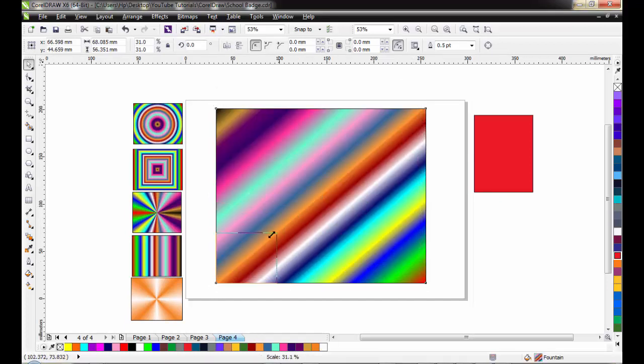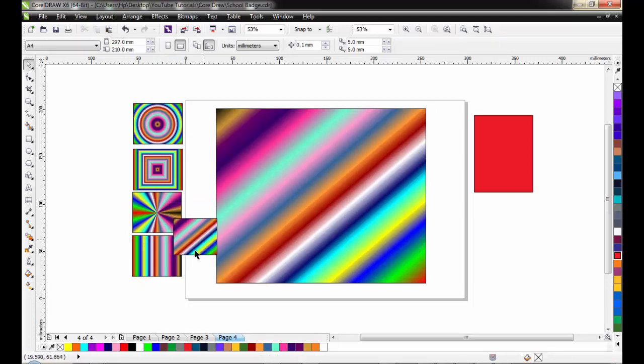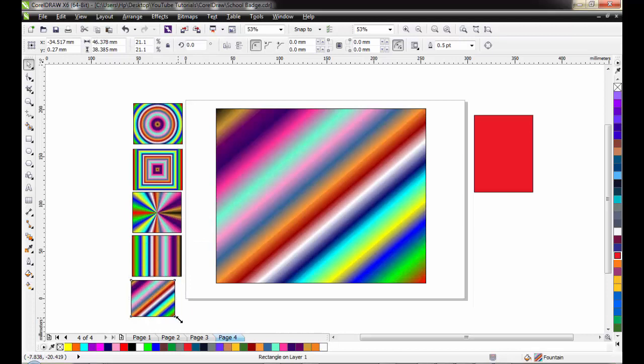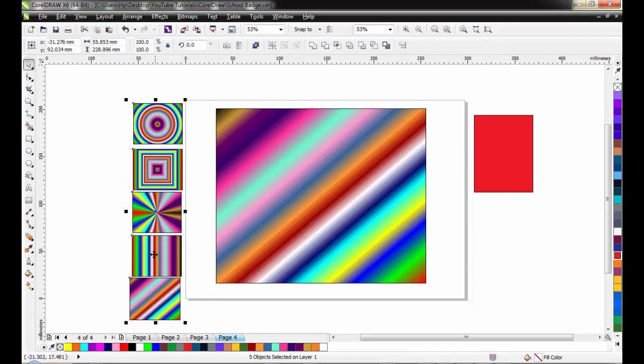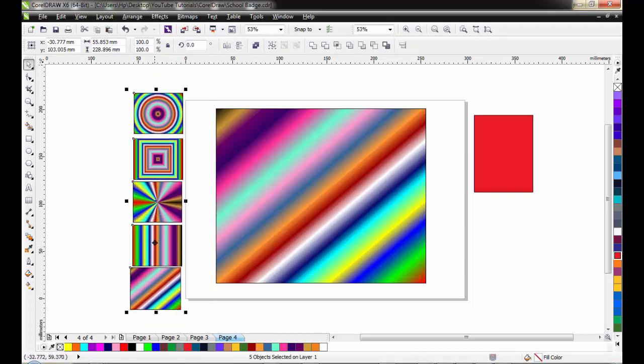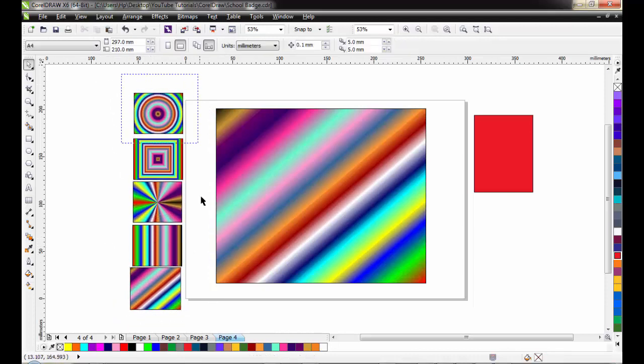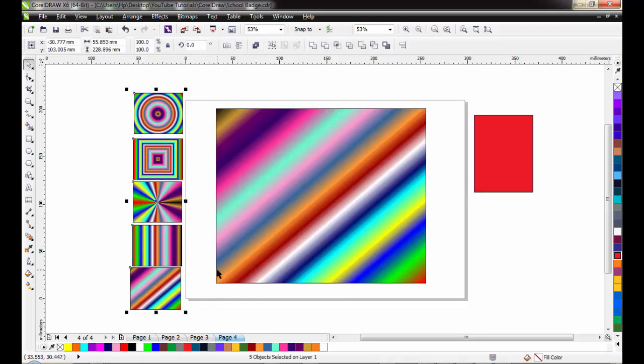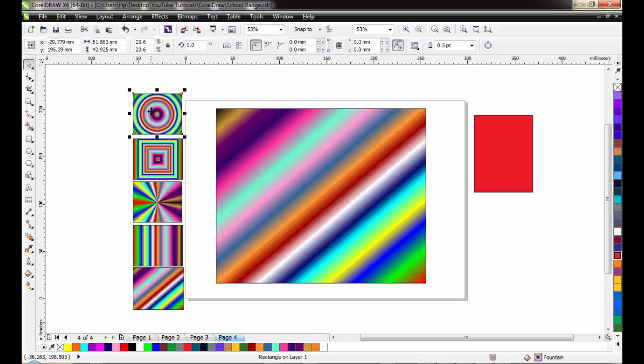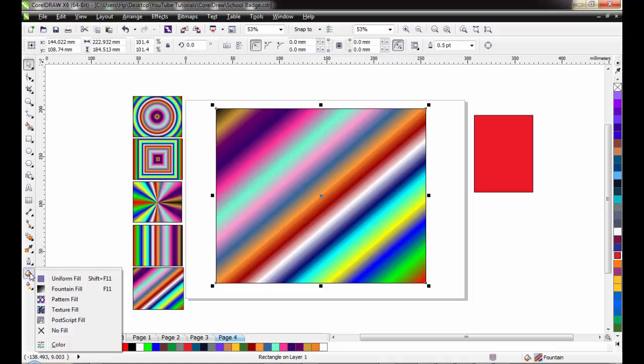This is it. Let me take off this and replace it with this. Beautiful. Okay, so this is what we have here. So now we move over to the next aspect of this fill tool: